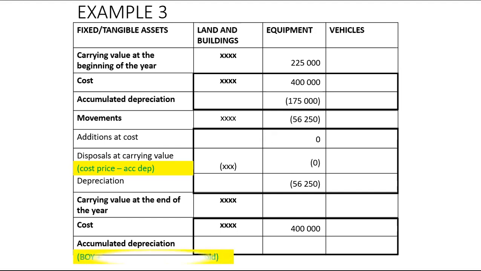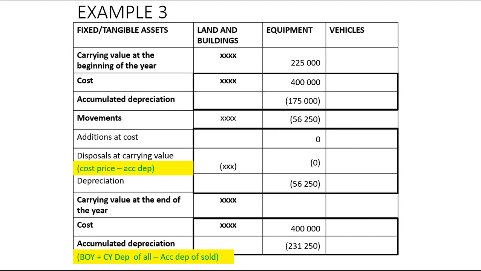But note that accumulated depreciation, you use this formula. You take accumulated depreciation at the beginning of the year. BOY stands for beginning of year. Accumulated depreciation at the beginning of the year was 175,000. You add current year depreciation of all equipment, which is 56,250. Then you minus accumulated depreciation as at the date of sale of the asset sold, of which we did not sell any equipment in this example. So when you take that 175,000 and you add it with 56,250, it'll give you accumulated depreciation at the end of the year, which will be